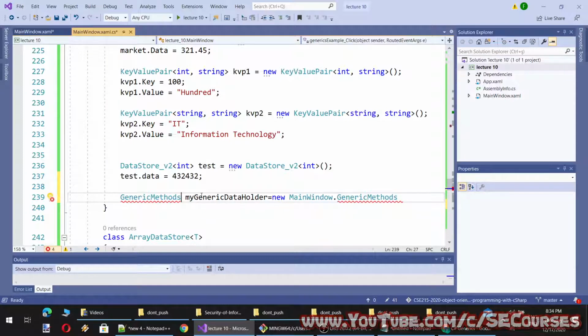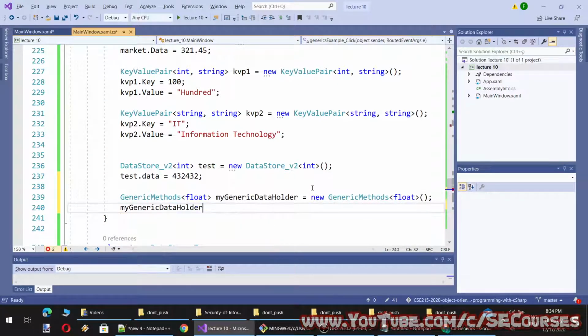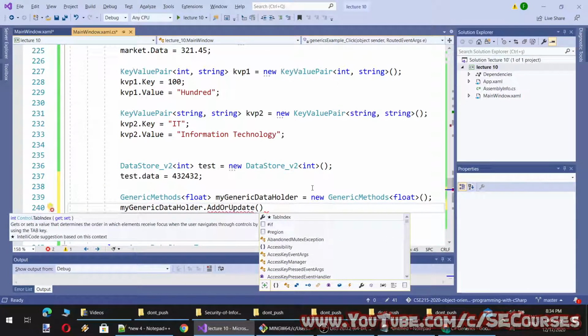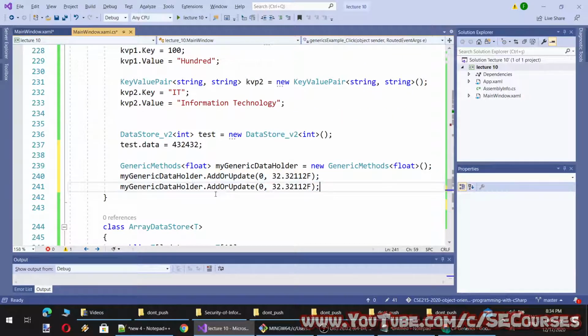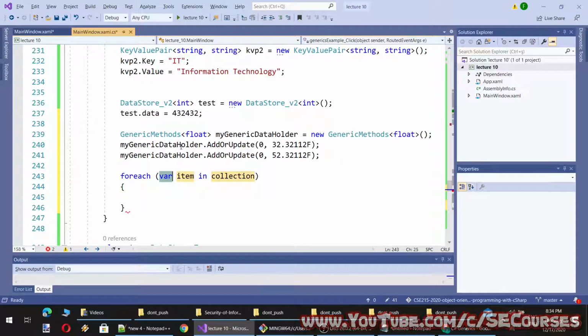By the way, I have to define its data type. I will use float this time, for example, and it will automatically tell me to complete like this. Then with my generic data holder I can use add or update. I will add a float like this. Then I will add another one like this, and then I will do a foreach inside.